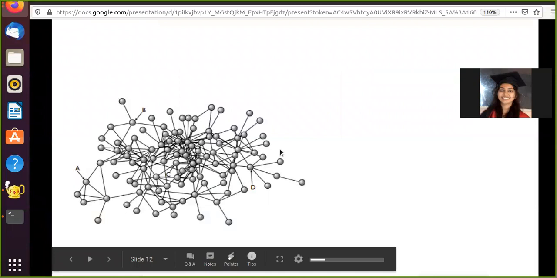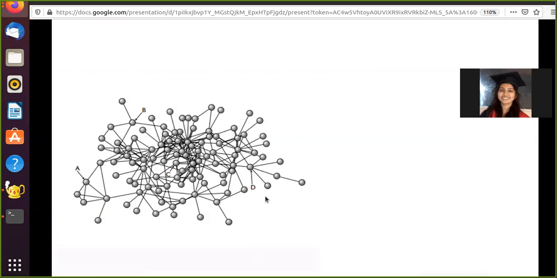It doesn't look like a barbell graph or a lollipop graph or a complete graph or a wheel graph or a path graph. It looks random. It looks completely disorganized. Most real world networks will appear to you like this, and you'll feel like they do not have any particular organization in them.